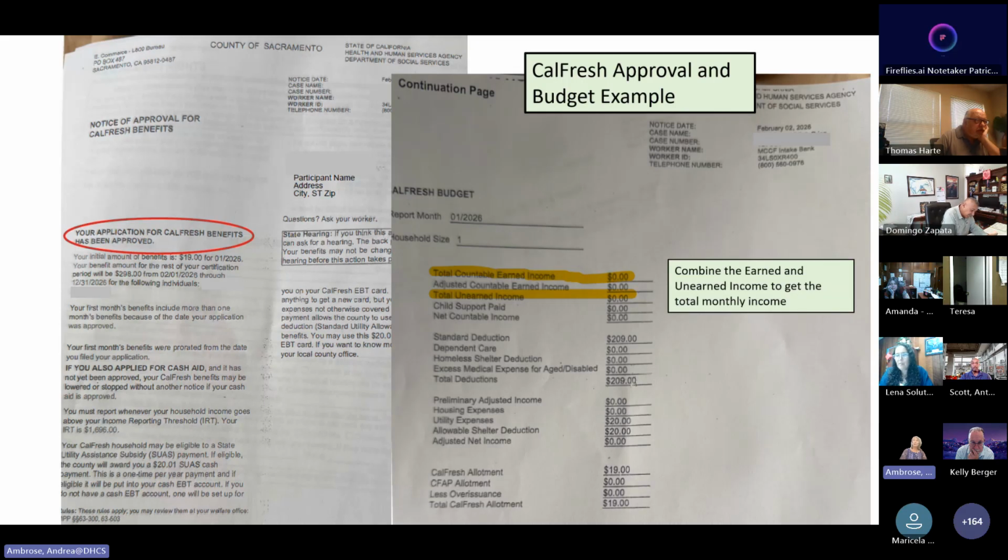One shows their countable earned income and one shows their unearned income. So when you see this, you would combine both the earned and unearned income to get their total monthly amount. And in this case, you can see that this participant has zero income, and that is the income that you would document on your worksheet.